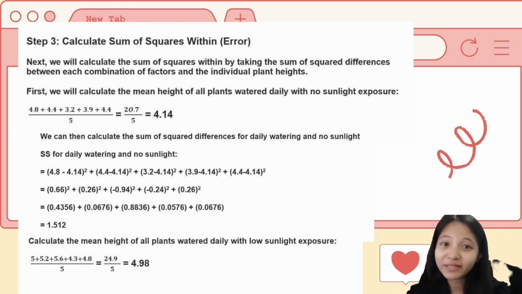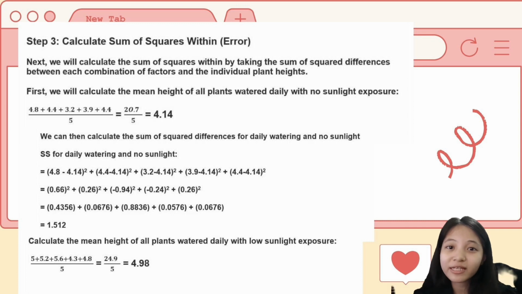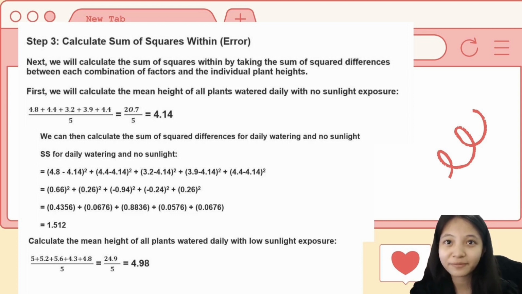So, subtract the values of factor A with no sunlight exposure from the mean, which is 4.14, then square the results. Then after that, add all the results. Okay, so 4.8 minus 4.14 squared plus 4.4 minus 4.14 squared plus 3.2 minus 4.14 squared plus 3.9 minus 4.14 squared plus 4.4 minus 4.14 squared equals 0.66 squared plus 0.26 squared plus negative 0.94 squared plus negative 0.24 squared